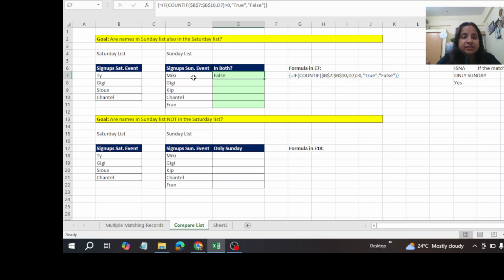Are the names in the Sunday list there in the Saturday list? Mickey is not there. We will double click it here and check it. Gigi is there. Kip is not there. Chantel is there. So true. There are two names which are there